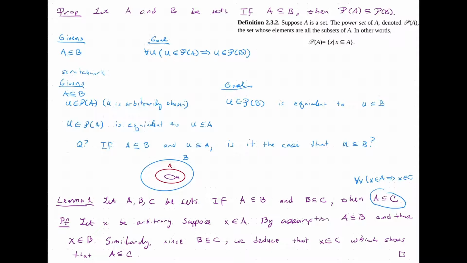So now we can come back to the proposition. And because we have this lemma, this question is now answered. Because now, of course, notation, we switch the letters around. A here is actually what was B in here, whereas U was A and C is B. But the lemma still applies. And so what we have is, since A is a subset of B and U is a subset of A, then U is a subset of B. And now we get the proof of the proposition.